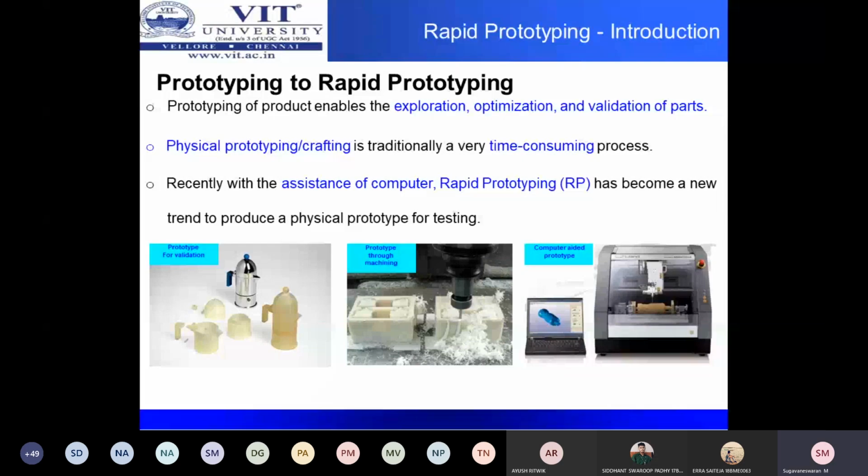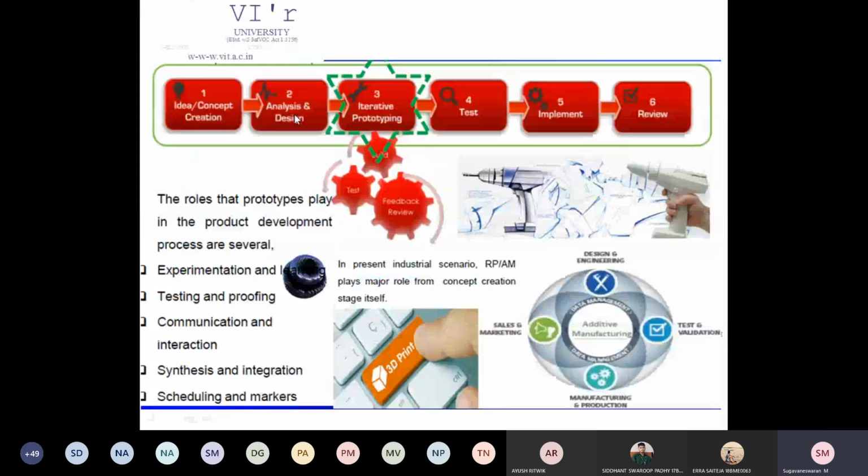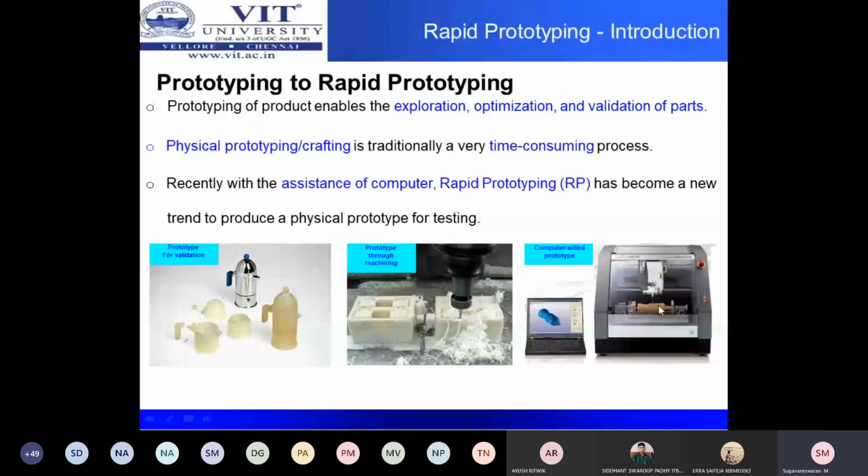What is rapid prototyping? Rapid prototyping comes with the advancement of computers and machine-integrated computer systems, for example CNC. Instead of crafting manually, you can take the same wax or wood. You have a CAD model because prior to prototyping, you have a design. So your CAD model is ready. Transfer the CAD model to a machine, and this machine will read the CAD model as a program, and it will help you to do machining on softer material.